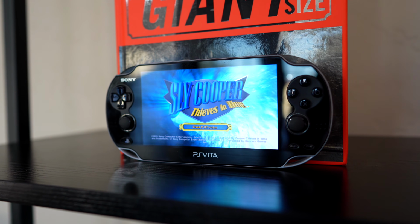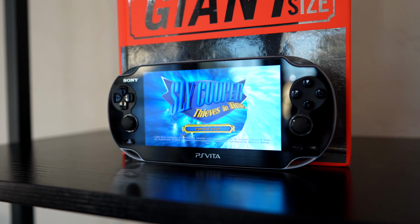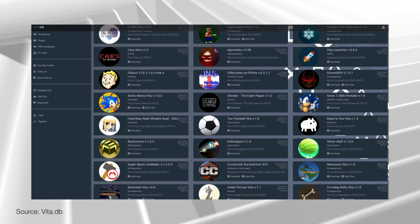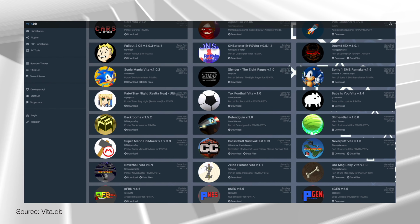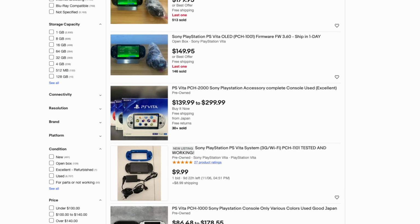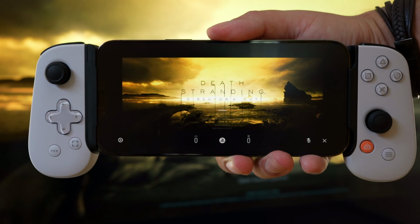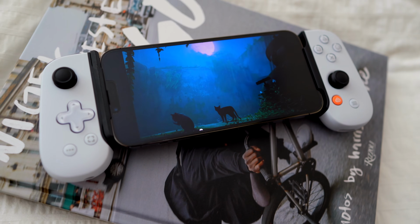And while that might mean the PS Vita 2 isn't in the cards right now, the original Vita still has some life left. That's because the homebrew community has turned the Vita into a pretty cool console that can play all sorts of games. And if you're even slightly interested in getting one, you can pick up a Vita for around $150 on eBay. So I think the PlayStation BackBone controller is cool, but in the bigger picture of things,